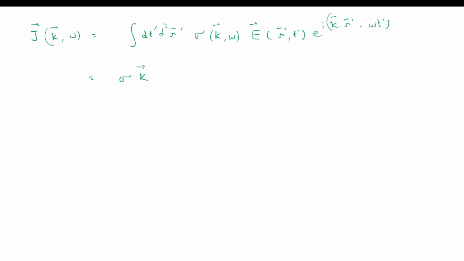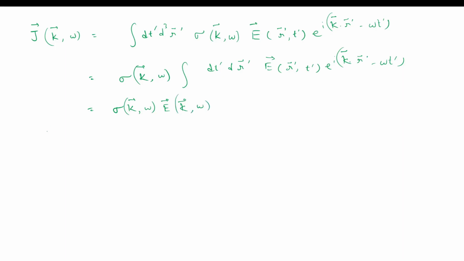So what we have is the integral dt prime d r prime of E(r prime, t prime) e to the power i k dot r prime minus omega t prime, and this is the definition of the Fourier transform of E of k omega. So what we have done here is we took the general spatial and temporal dispersion into account, and what we have derived is that in the Fourier transform coordinates, we have a simple multiplicative relation between the conductivity and the electric field. It is just a multiplicative relation,